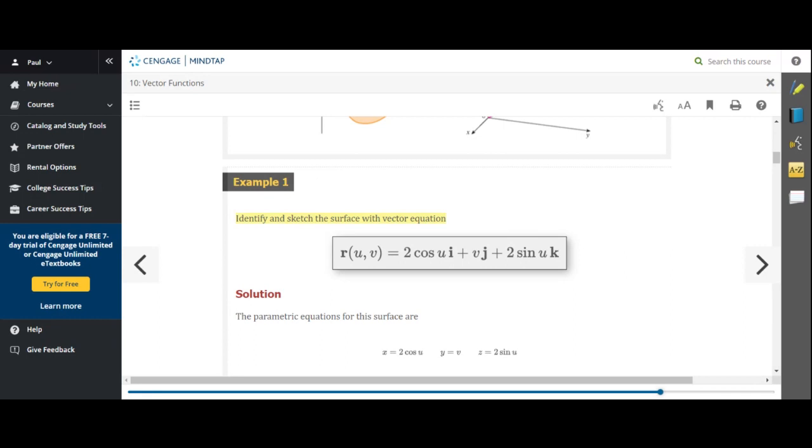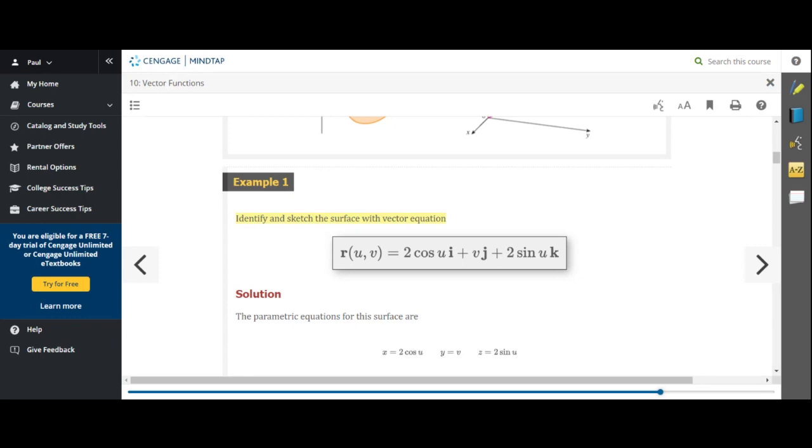That's right, Eric. You're going to get a circle at y equals 1. So at y equals 1 in three-dimensional space, you're going to draw a circle there. If v equals 2, you'll get another circle. If v equals -2, you'll get another circle. And so you see, by letting v take on different values,